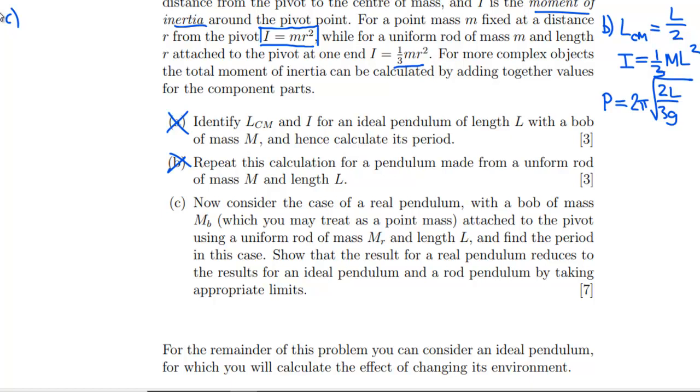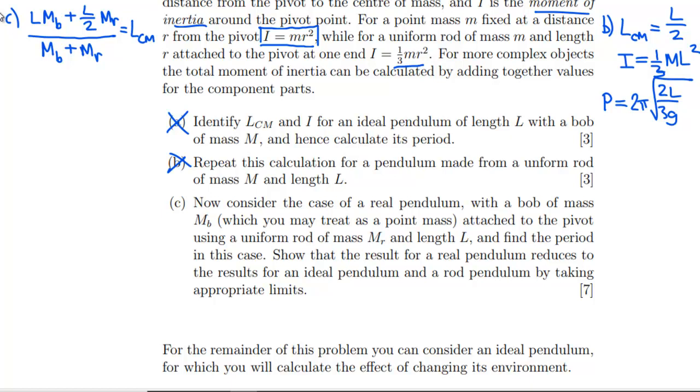So the center of mass is going to be, well, we need to do a weighted average of our two centers of mass that we've got. So we've got a center of mass of the bob we know is at L M_B, and for the rod is at L over 2 M_R. So we're adding those together, and then we have to divide by the total mass in order to get the new center of mass. That's just doing this weighted average. So that's going to be our